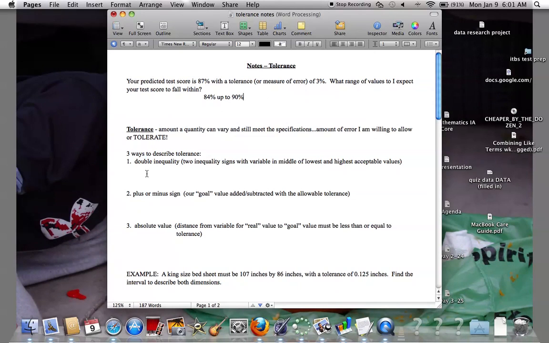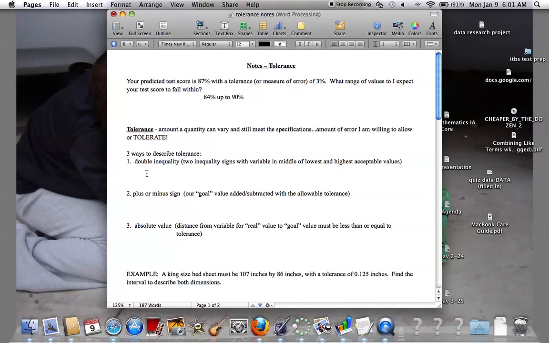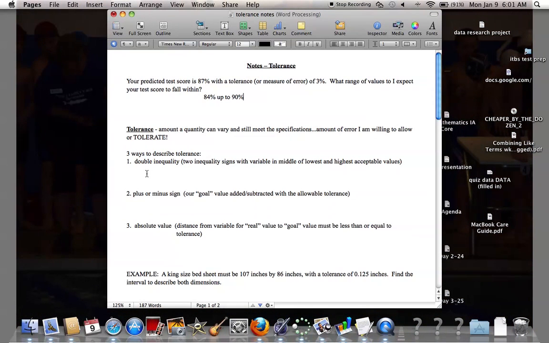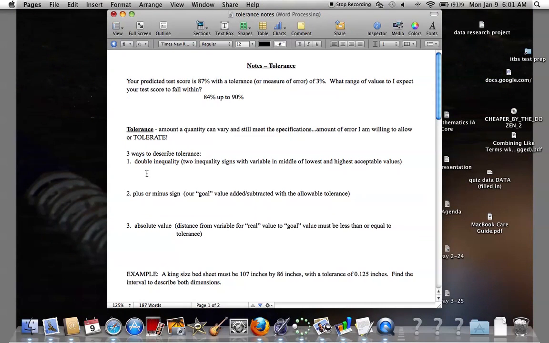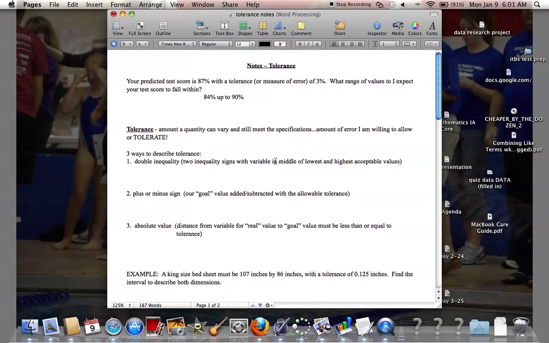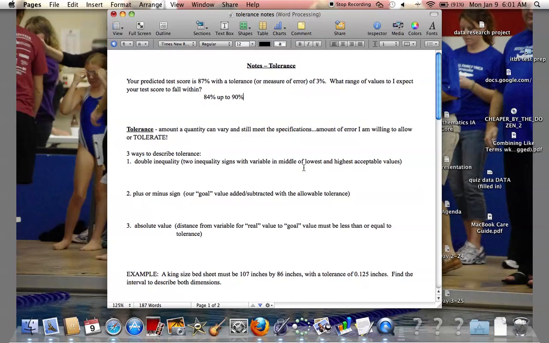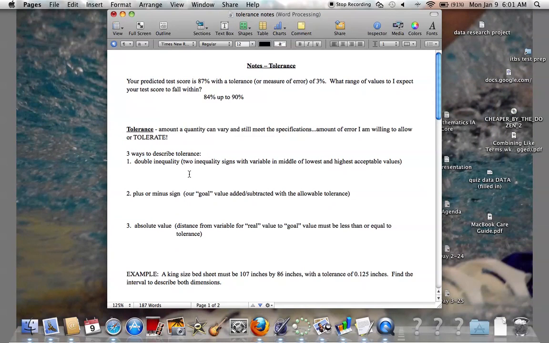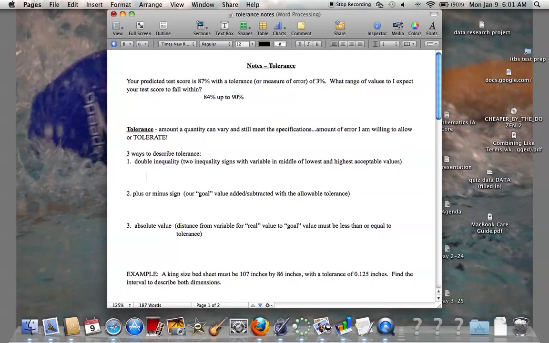All right, so using this idea of how much I can vary or how much difference I can have and still tolerate, there are 3 ways to write tolerance. The first way is using what we call a double inequality. Recall that inequalities are the greater than sign, the less than sign, greater than or equal to, or less than or equal to. So we're going to use a double one, which means we're going to use 2 inequality signs, and we're going to put a variable in the middle of the lowest and the highest acceptable values. So if we go back to our predicted test score, this answer as a double inequality would look like